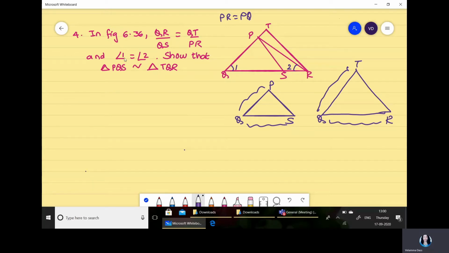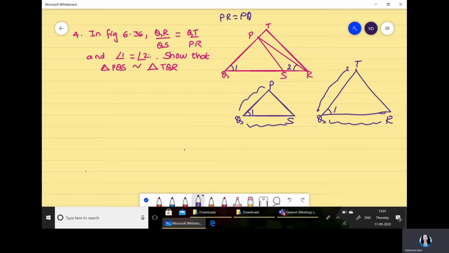They have also given that angle 1 and angle 2 are equal. And we also find it given that this angle Q, that is 1, which is denoted in the textbook. So this angle 1 and this angle 1 are already equal. So they are saying that this angle Q and angle Q are equal, a common angle. They are the same for both the triangles. And the sides are almost proportional. The only thing which cannot be used is that here we want PQ, but instead we have PR. So we will try to prove whether PR and PQ are equal.